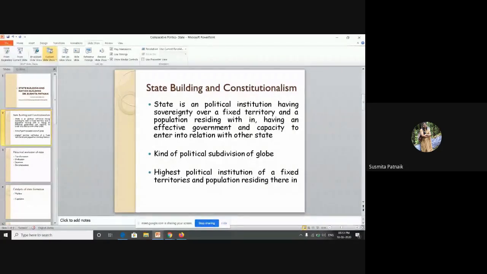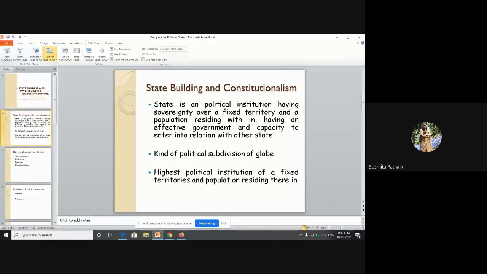Similarly, constitutions can be divided into the mixed constitution, just like in India, where there is a blend of the rigid and the flexible one. There are some articles or systems which can be easily amended, and there are some systems which cannot be easily amended. So these are different types of constitution, like your federal constitutions.